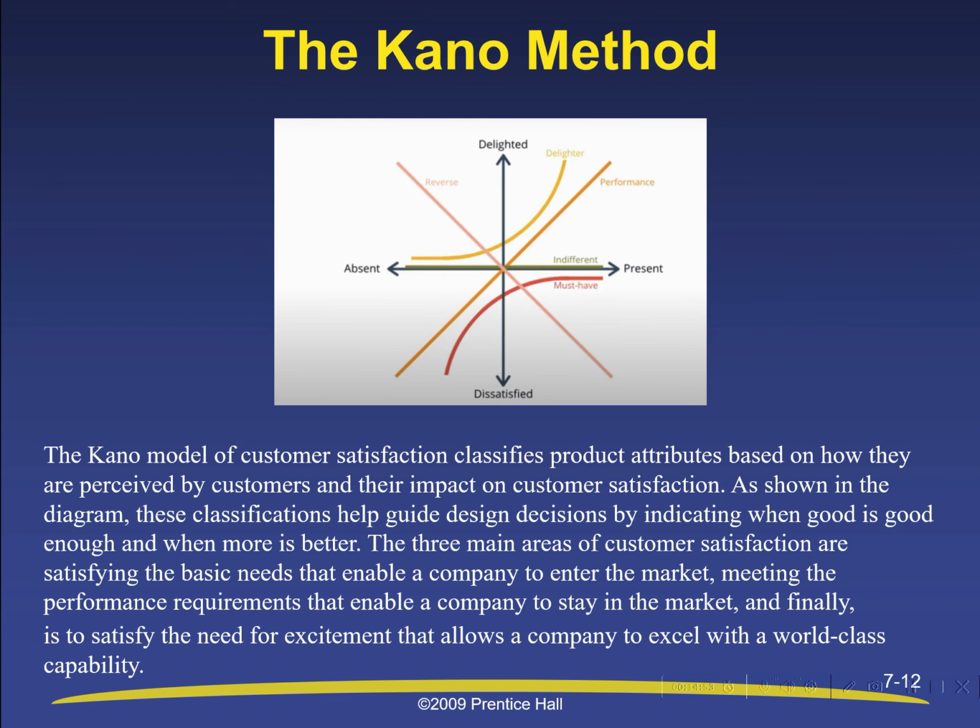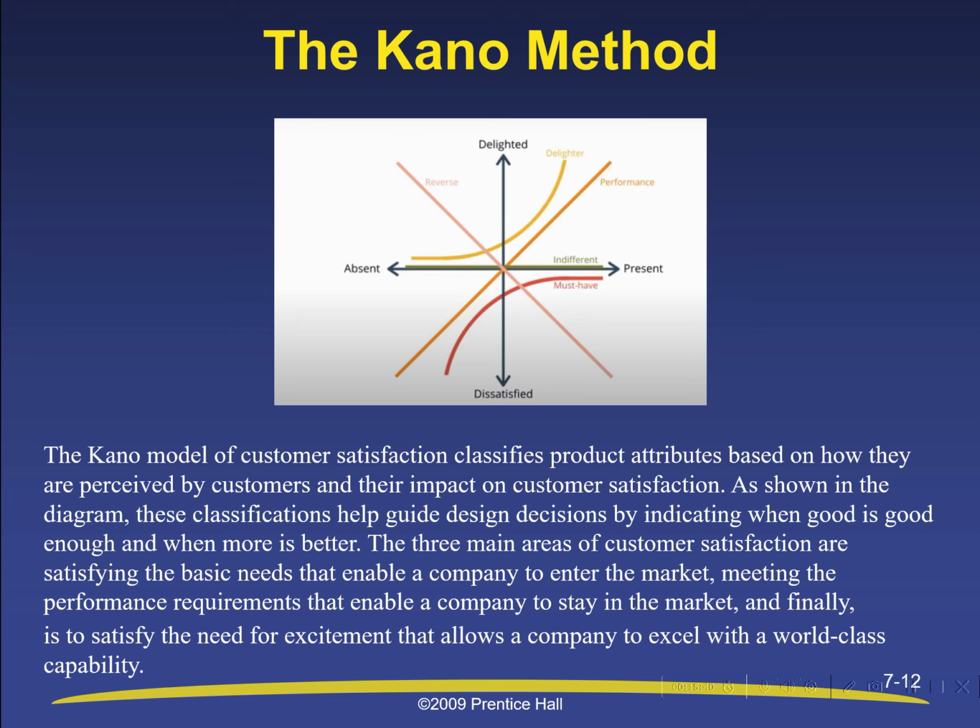The Kano method. The Kano model of customer satisfaction classifies product attributes based on how they are perceived by customers and their impact on customer satisfaction. As shown in the diagram, these classifications help guide design decisions by indicating when good is good enough and when